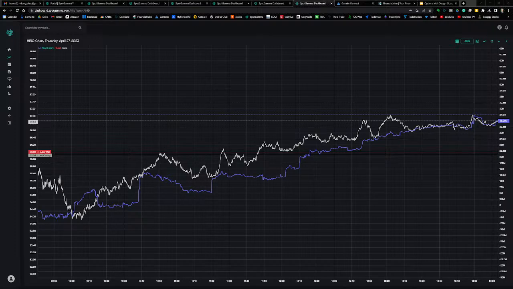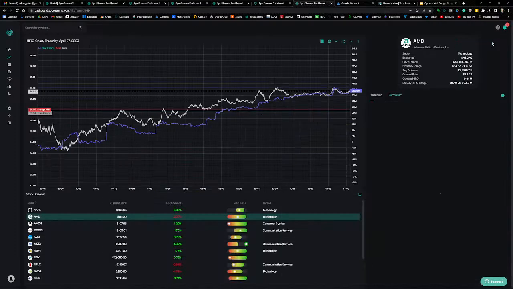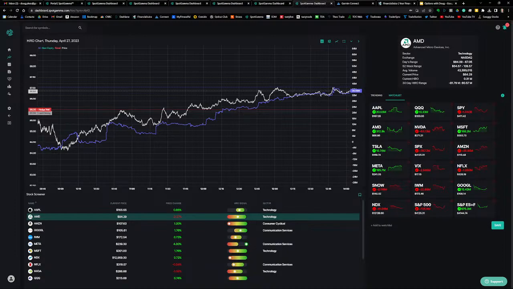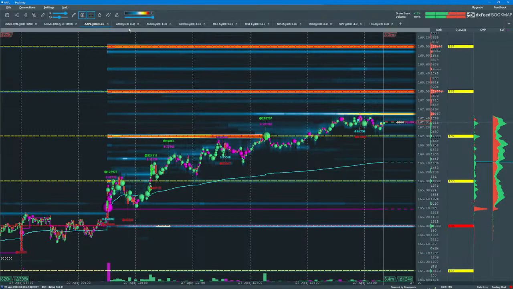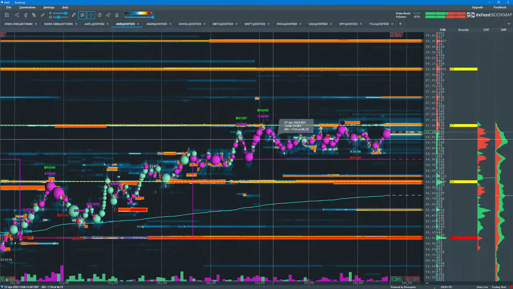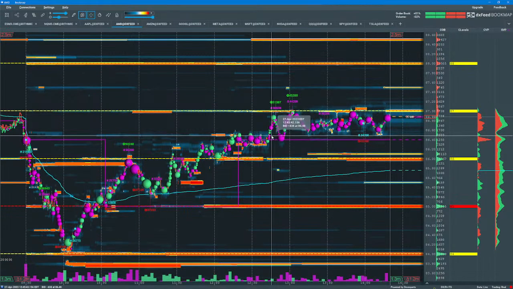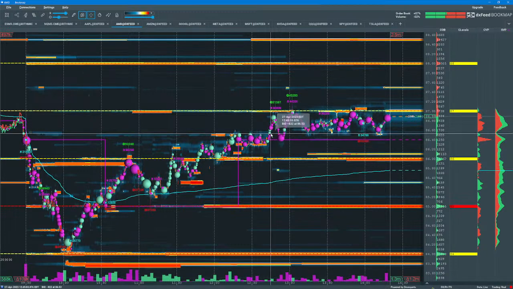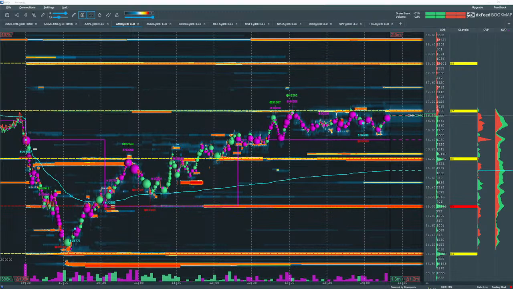So let's go take a look at Bookmap. And pretty much I have large cap tech stocks that I follow here in Bookmap, and most all of them are higher on the day, so we'll see a lot of uptrends. And there's the Bookmap chart for AMD. Here's the reversal just above the 84 level, and then remember the 86 level is the hedge wall. First target, now price is trading above it toward 87.